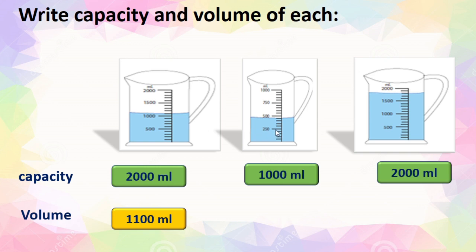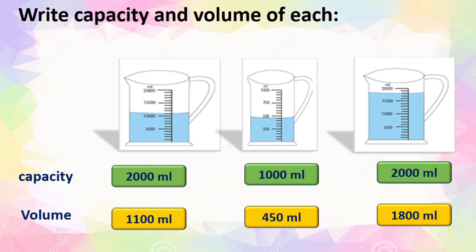And here you can see this is 250 and here you can write this as 450 ml because one part less. 250, this is 300, this is 350, this is 400 and 450, isn't it? So we can write here 450 ml. Yes, the volume of this liquid in this jar is here 1500, this is 1600, 1700, 1800 ml. Got this? Like this you have to measure the capacity and you have to measure the volume of the given liquid.